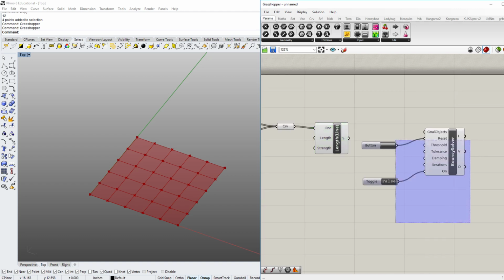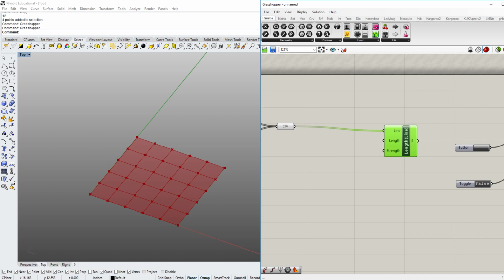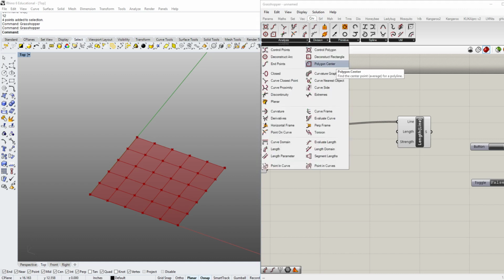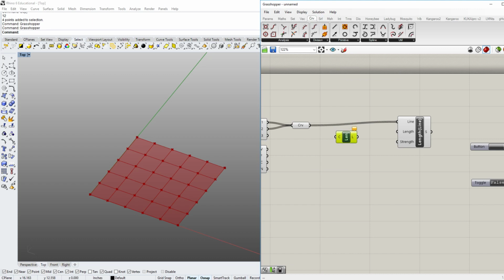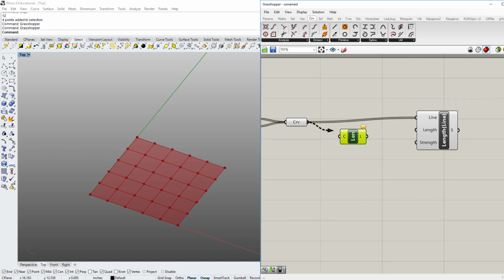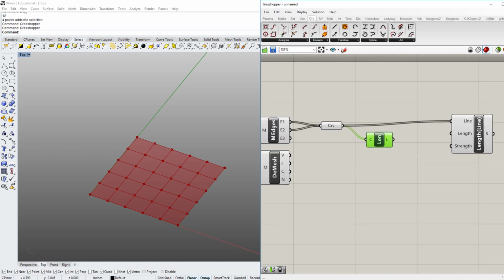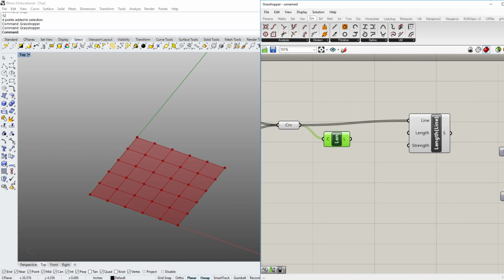The next thing that I want to do is set up some of these properties. For the length of my line, I'm actually going to get a component called curve length. So if I go to Curve, Analysis, there's one called Length. So it's a really simple component. If I plug my curves into that guy, and we look at the output, you can see what it's giving me is a list of numbers, and those numbers represent the length of each segment of the set of curves. So I can go ahead and plug those directly into length,